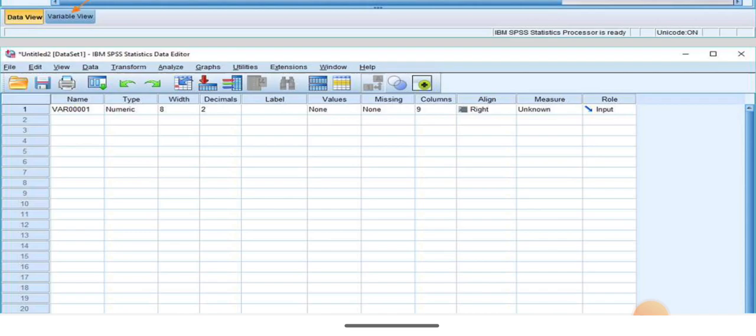Okay, next one, measure. Measure allows the choice of the measurements of the scale. What type of values we are using, whether it is nominal or ordinal, what kind of data we are using, it is used to measure those particular values. Okay, next one,